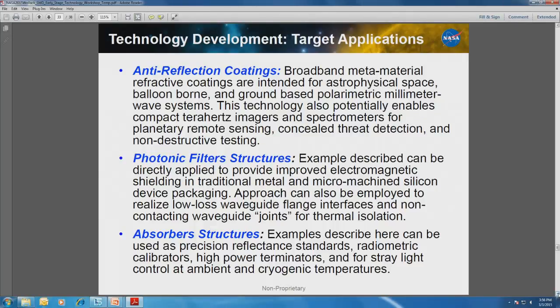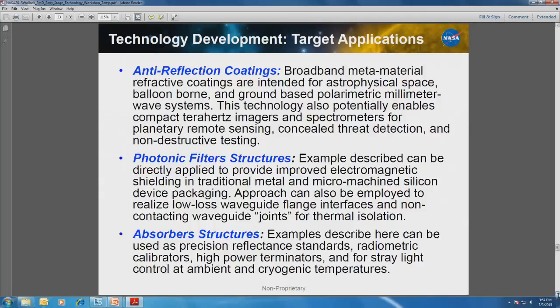And so just to summarize, for the anti-reflection coatings and the broadband emitter material systems, they're fairly advanced and they work quite well, quite happy with the way technology potential enables compact terahertz imagers, spectrometers, planetary remote sensing. The use of silicon, you have to think a little bit about. Silicon is not a dielectric, it's actually a semiconductor. So you need to use very good material, or you need to adequately address what other radiation is impinging upon the lens. So that's something to keep in mind. It's a feature. In our case, we run so cold it doesn't matter because they freeze out. But we have contemplated, and we are using some of these lenses warm,